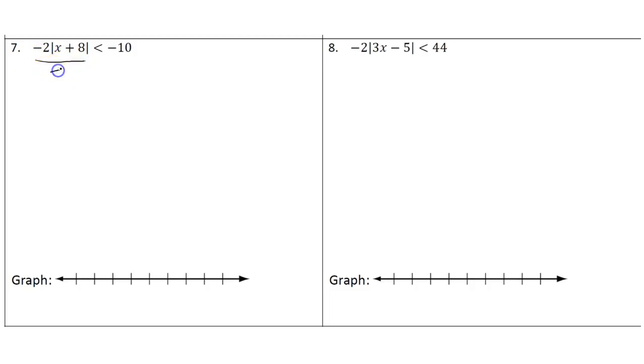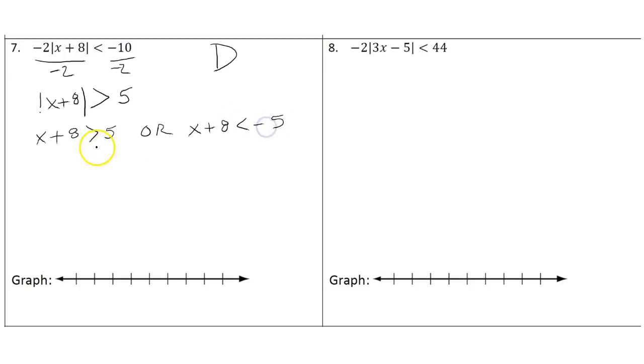Do this by dividing both sides by negative 2. This reverses the inequality and gives us our absolute value is greater than a positive 5. Thus we have a disjunction. Write an or problem. x plus 8 is greater than 5, or x plus 8 is less than negative 5. Solve both inequalities by subtracting 8 on both sides, giving us x is greater than negative 3, or x is